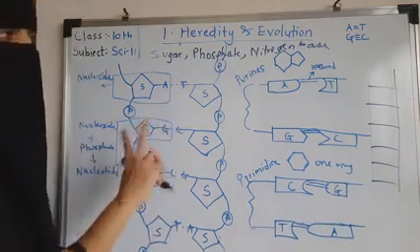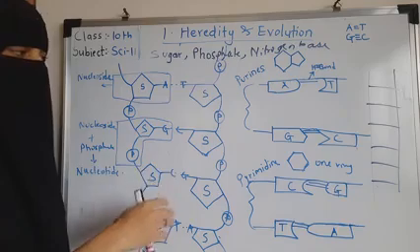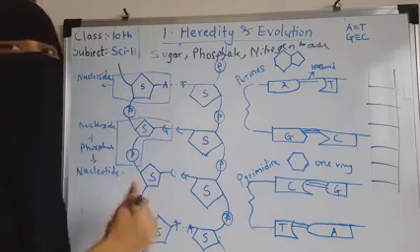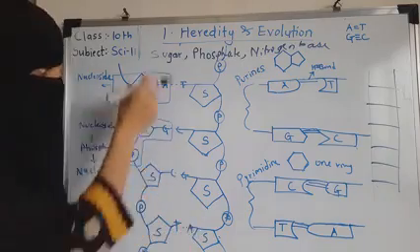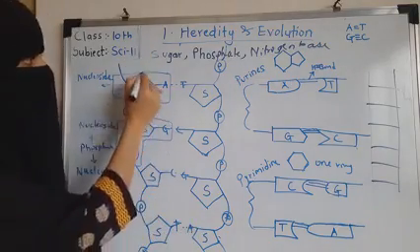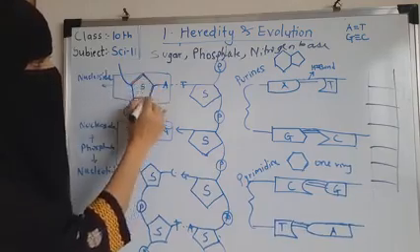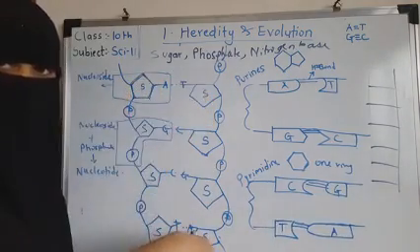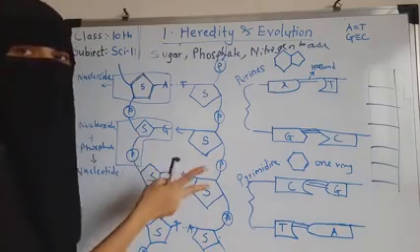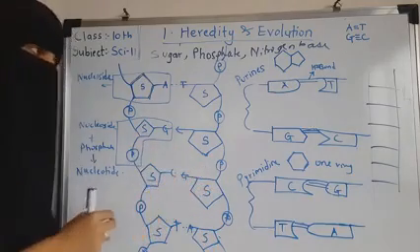Now since there are two strands, you also know that these two strands are complementary to each other. Complementary to each other means what? See, if you can see this figure, one is going upwards, the direction is up, and the other one is down. Understood? So they are complementary to each other.